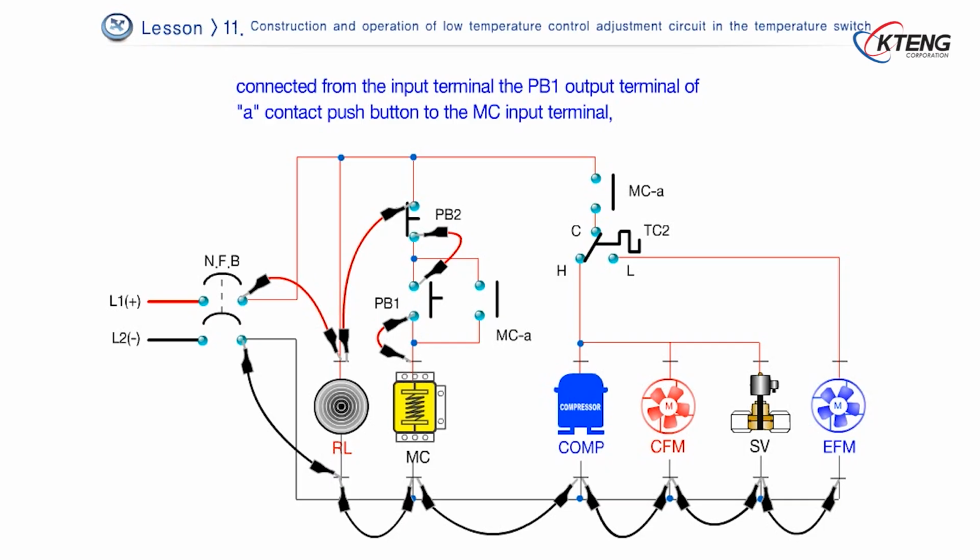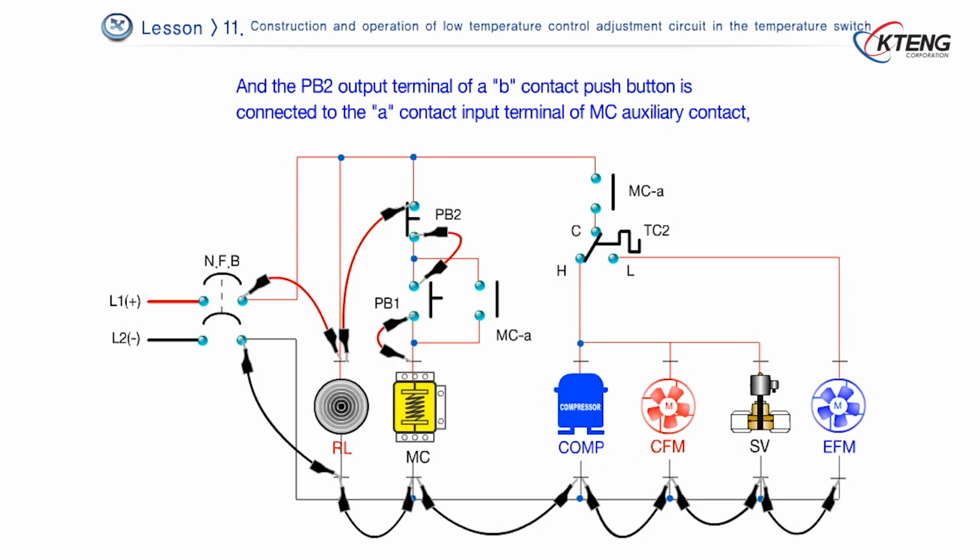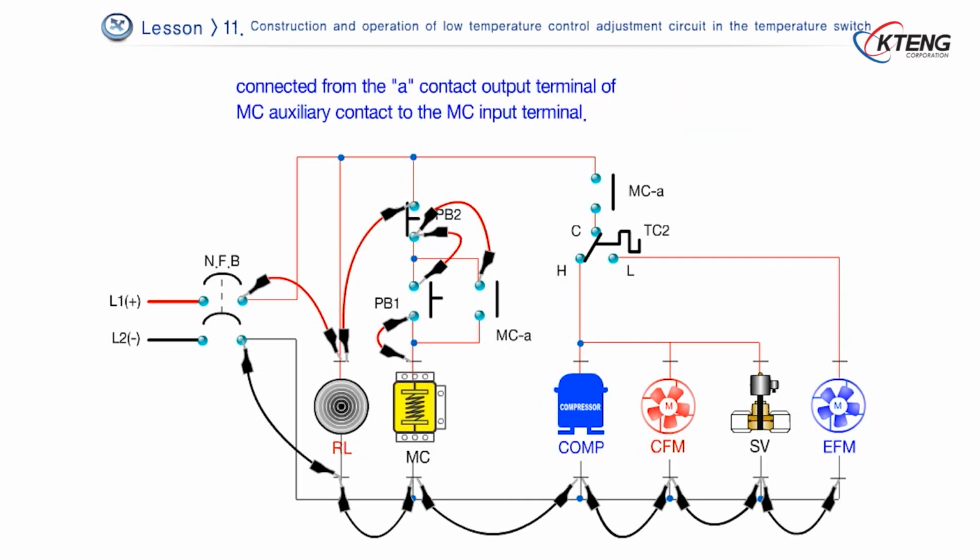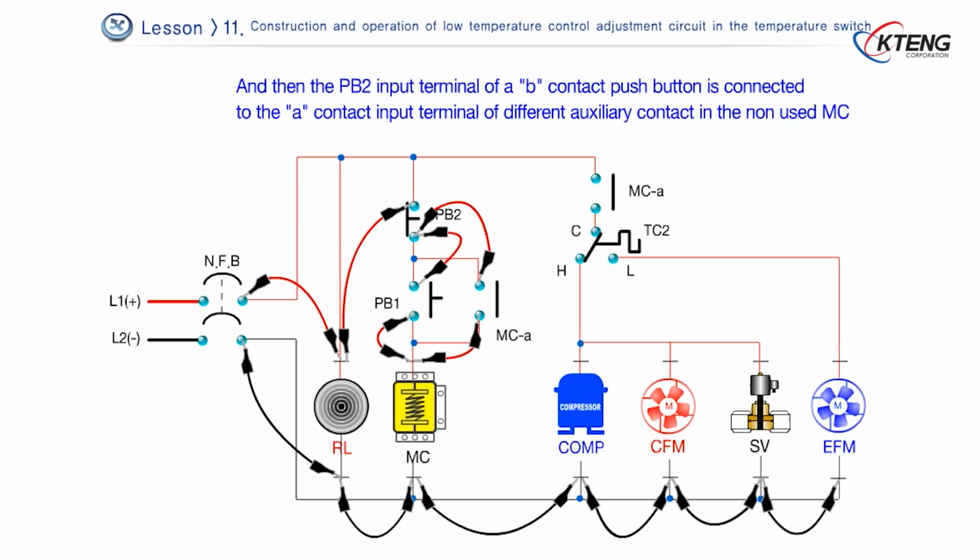the PB2 output terminal of a B contact push button is connected to the A contact input terminal of MC auxiliary contact, connected from the A contact output terminal of MC auxiliary contact to the MC input terminal, and then the PB2 input terminal of a B contact push button is connected to the A contact input terminal of a different auxiliary contact in the non-used MC,